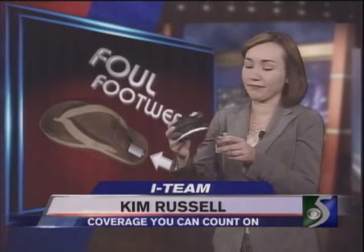These are the shoes we're talking about. They look like normal, regular old flip-flops, but then